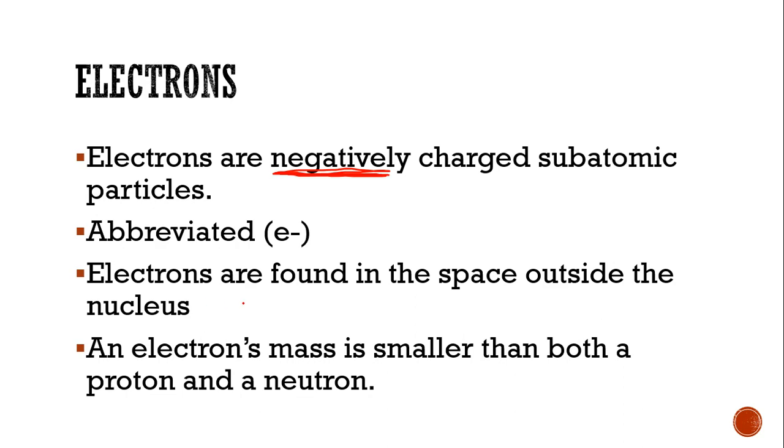Electrons are not found in the same location protons are. Electrons are actually found outside of the nucleus, and the other thing about electrons that make it a lot different than protons is that their mass is extremely small. It's smaller than both a proton and neutron's mass, and in fact it's about 1/1840 the mass of it. So it's extremely tiny and does not contribute that much.